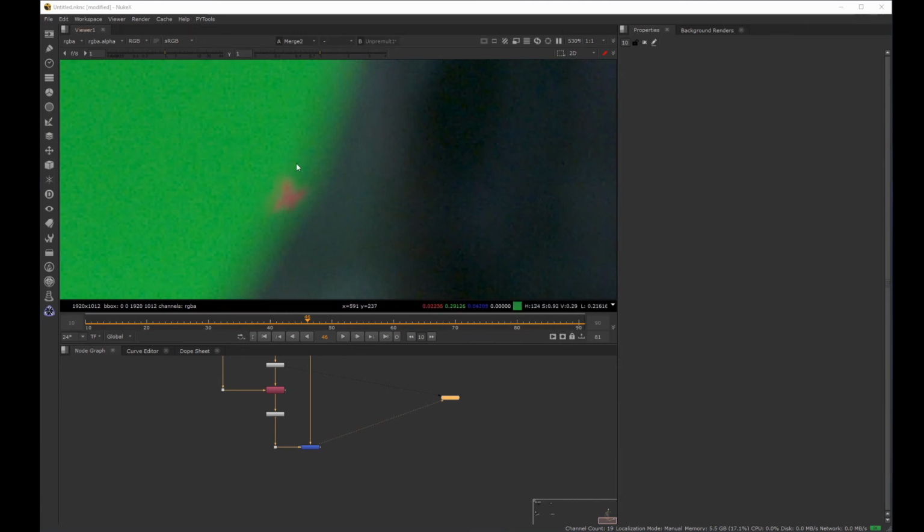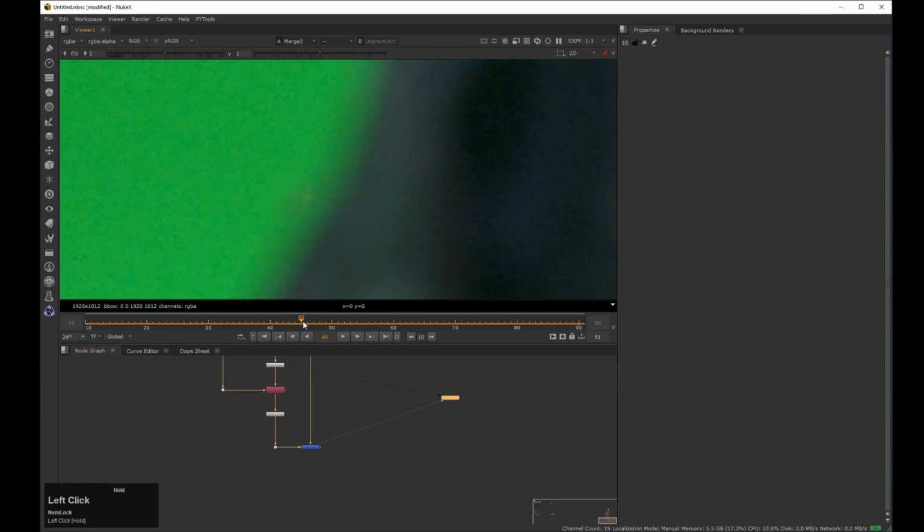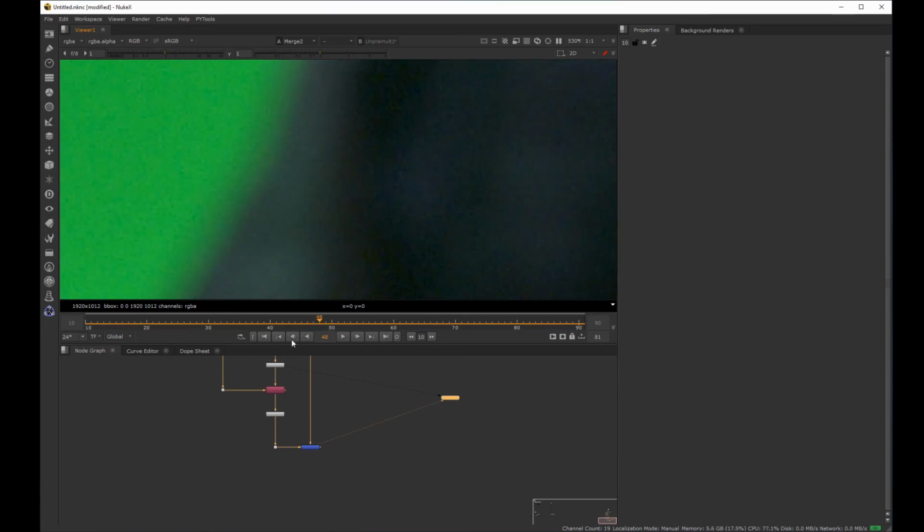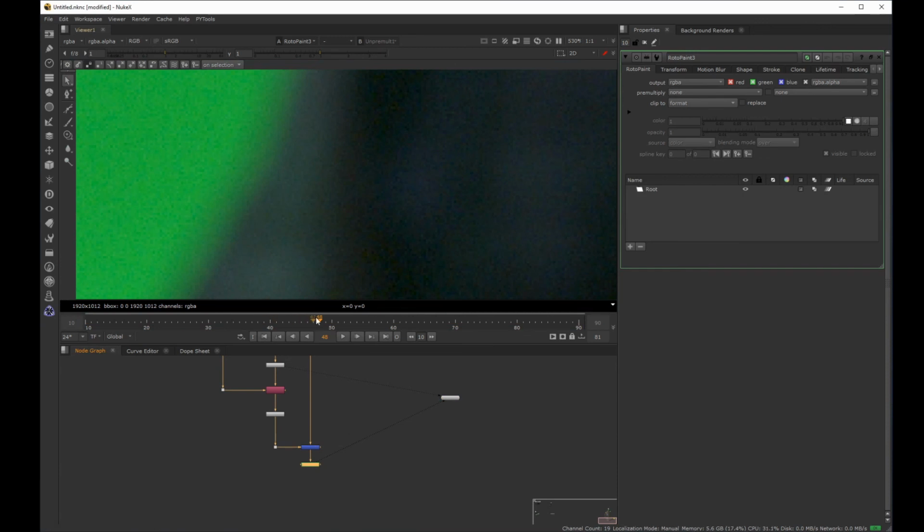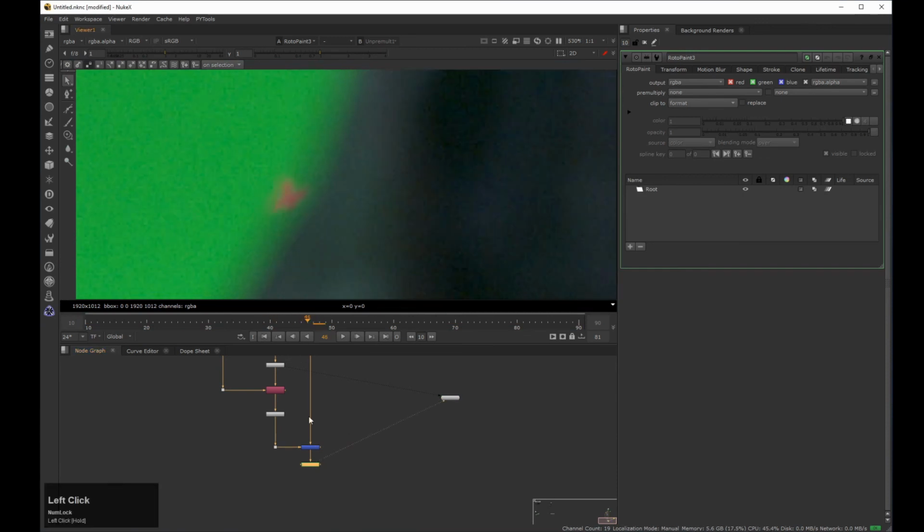Here we have this tracker that goes behind our character. Let's see on which frame it is visible. It starts on 45 and goes until 48. The easiest way to fix that is to use a Roto paint with the shapes. So create a Roto paint, go to a frame where we can see the marker,